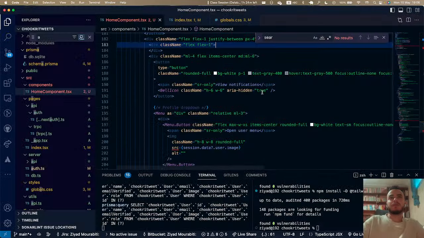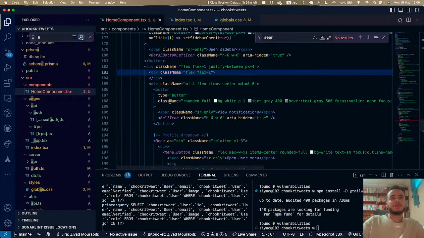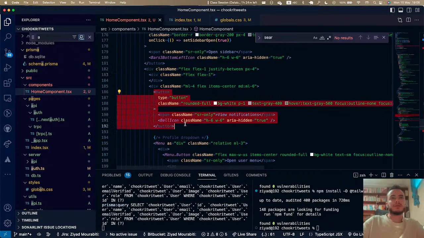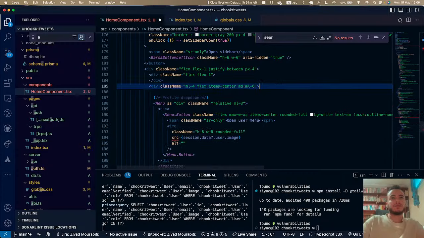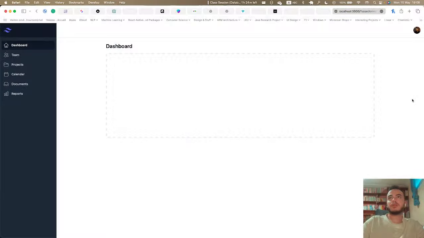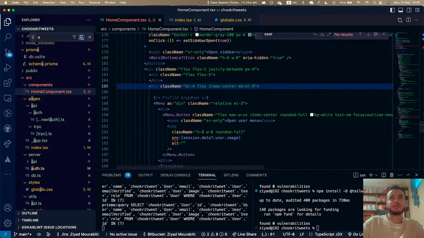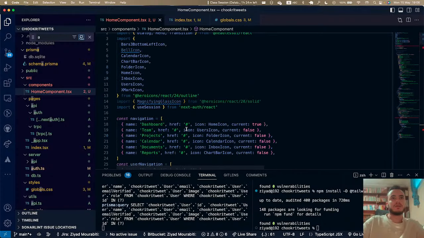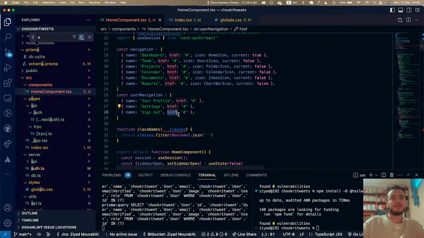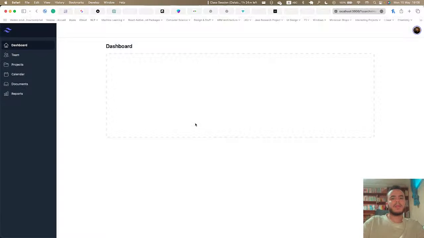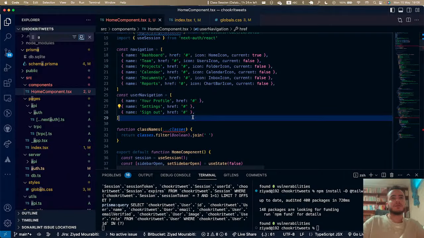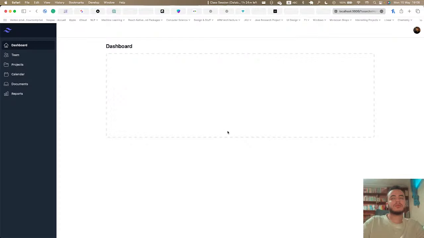So I also don't really care about having notifications because we don't really have any logic for notifications. I'll keep that. Settings also don't have any logic, but I know it actually is a relevant thing for us. So what we do is, typically when we click the sign up button, what it does, it takes us to